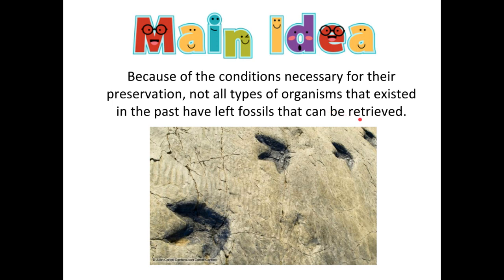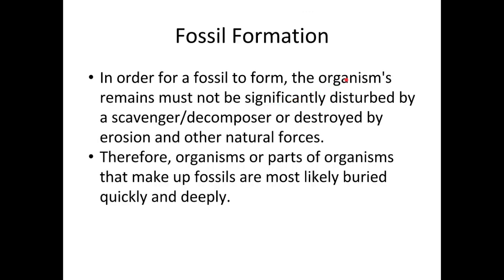So let's review some of the details about why fossilization is so unlikely and some of the limitations, and learn a little bit about how fossils are made. So in order for a fossil to form, the organism cannot be disturbed by a scavenger. Something that would eat it is very likely, so that would certainly limit the ability for an organism to fossilize. And then decomposition or decomposers such as bacteria or fungus will certainly cause an organism to be destroyed and